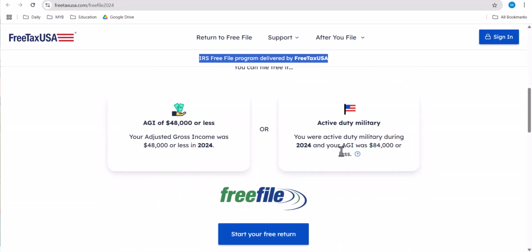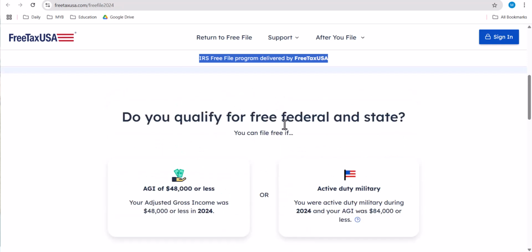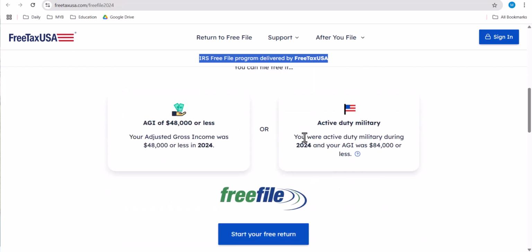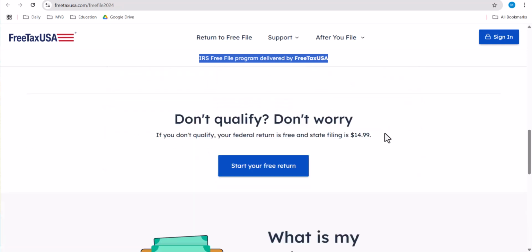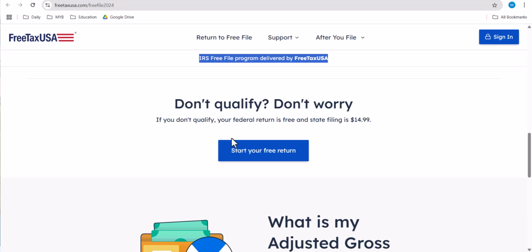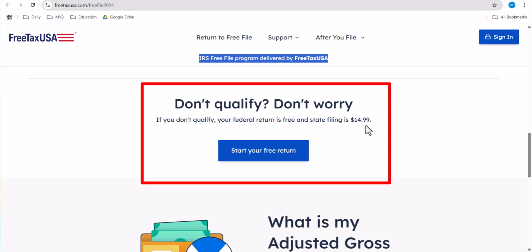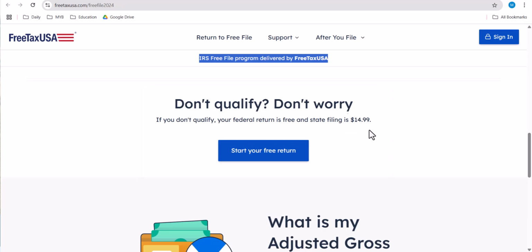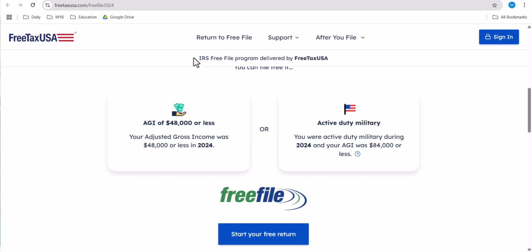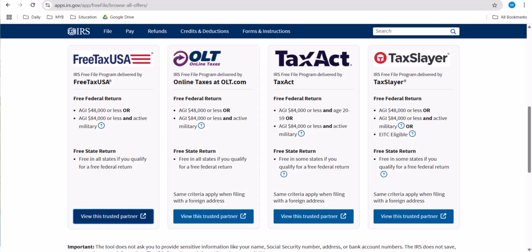And then you'll actually have the option to try to come in here and create your return and see if you're eligible for a completely free federal and state. And if you use FreeTaxUSA, for example, and you are not eligible for the completely free federal and state return, you still would get a free federal return and you would just pay $14.99 for the state return. So again, you want to make sure you go through the path from the IRS Free File website